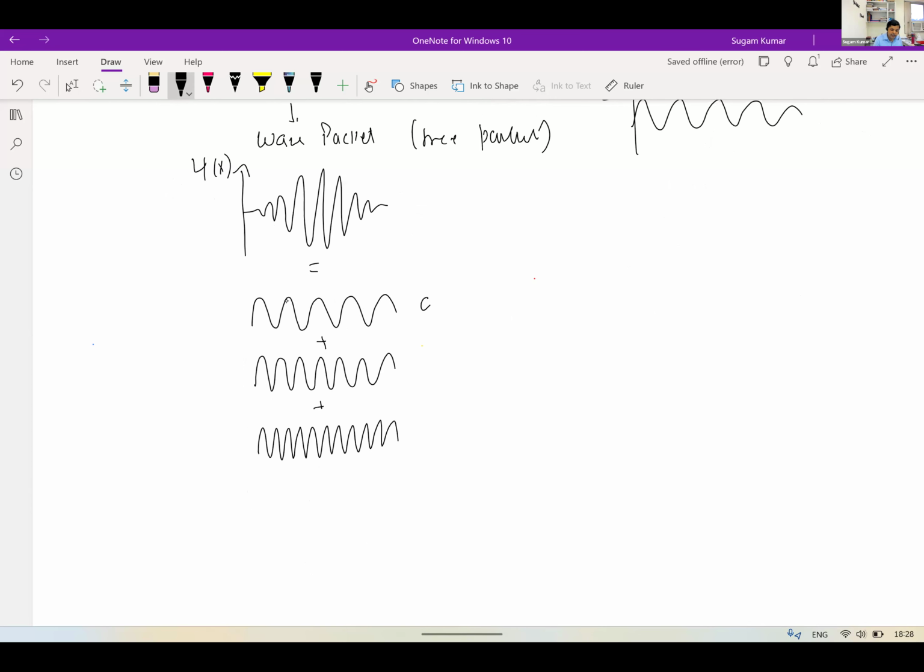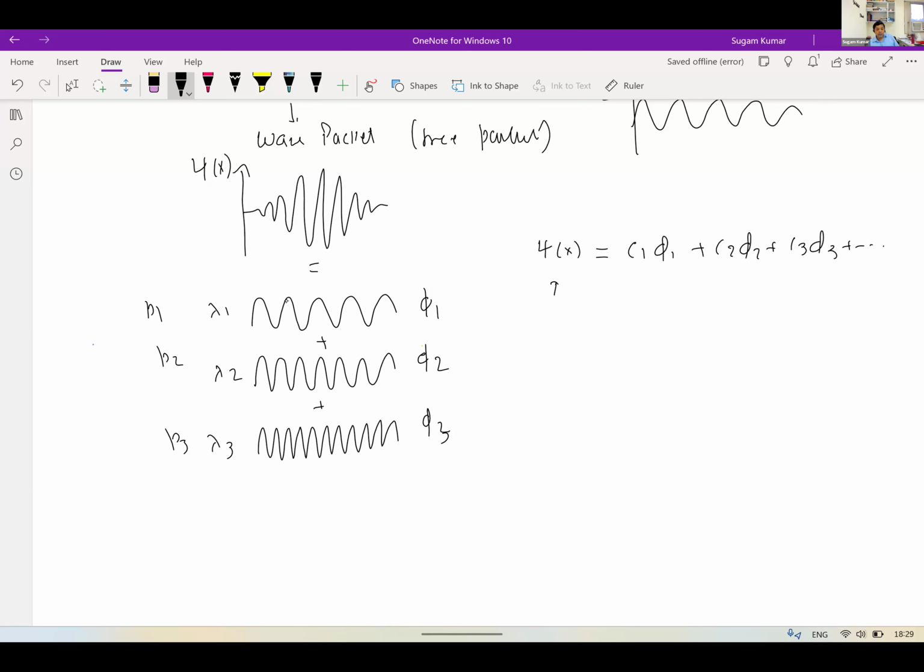So maybe I can call this phi1, this phi2, and this phi3, and these have momentum, let us say, or wavelength lambda1, lambda2, lambda3, and momentum p1, p2, and p3. Why I'm emphasizing this is that from here, the conclusion came into the picture that psi, the total wave function, is nothing but the sum of these individual ones. I mean, for a discrete wave function, I can say it is the sum of these individual ones. This is what is called superposition here.